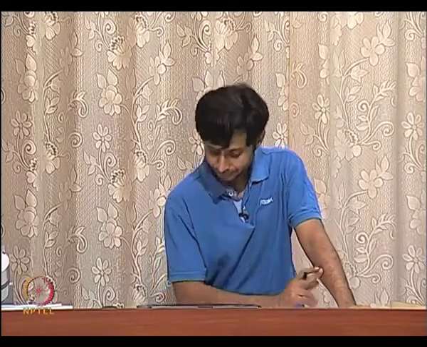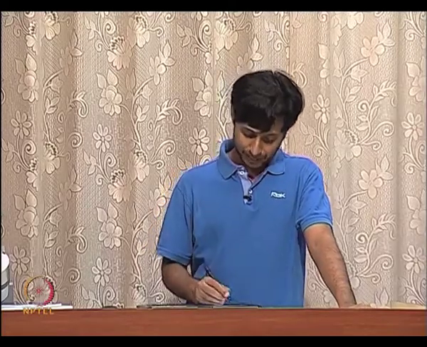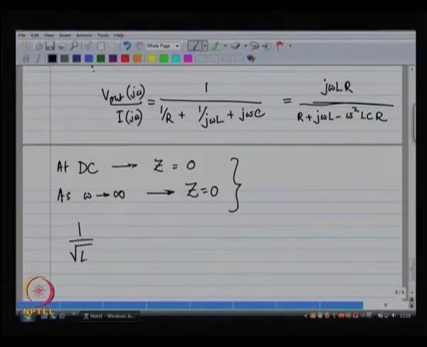Now, the third important frequency, whenever we talk about L and C in parallel, is the resonant frequency. So, we have an inductor and a capacitor in parallel. The inductor stores energy in the form of a current, the capacitor stores energy in the form of a charge or a voltage, and the energy keeps cycling back and forth between the inductor and the capacitor, and this happens most optimally at the resonant frequency. And the resonant frequency happens to be 1 by square root of L C,